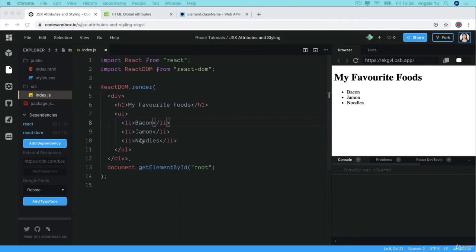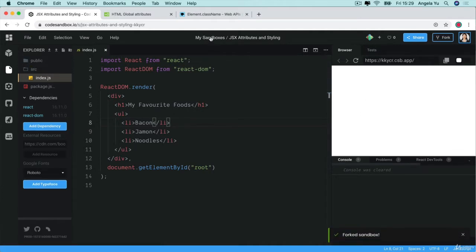Hey guys, so far our React websites have looked pretty ugly, and it's because we haven't been able to add any CSS styling. We've been using these standard HTML elements that we're rendering using React. So in this lesson, I want to talk about how to style your React elements and how you can use attributes in JSX. Go ahead and get hold of your own copy of this current code sandbox and then go